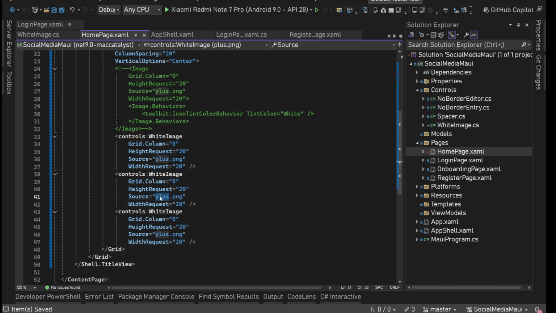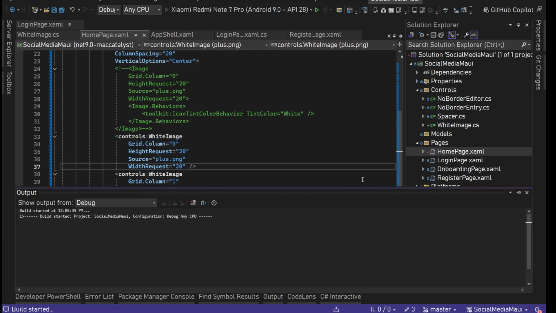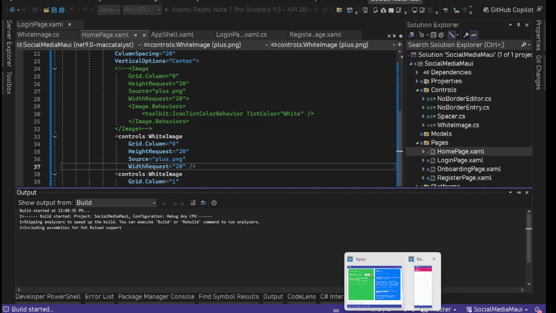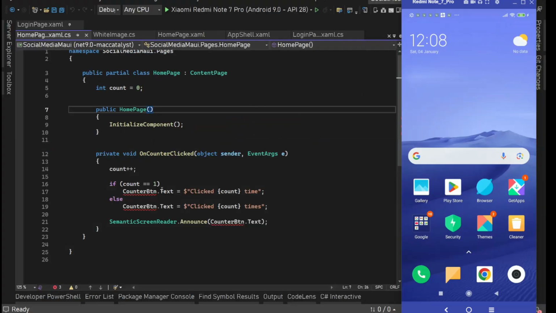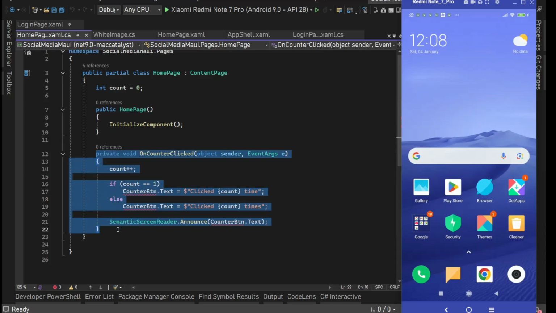So the second one is going to be bell and Grid.Column 1. This one is going to be Grid.Column 2, and the image source is going to be user.png. Save everything. Let's run the app. Now we should see these white color. CounterBtn does not exist because we removed everything. So let's get rid of this